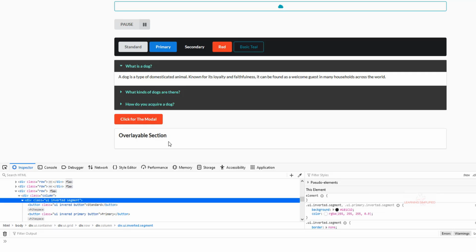So we need to overcome this problem. First of all, we need to apply the dimmer class in the specific container where we wish to generate it, and we need to toggle it on or off. This is the main intention that we would like to achieve here.